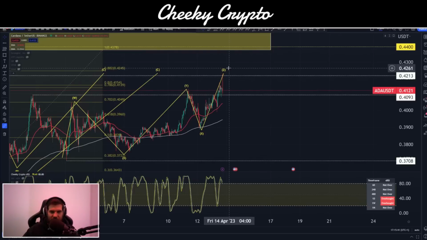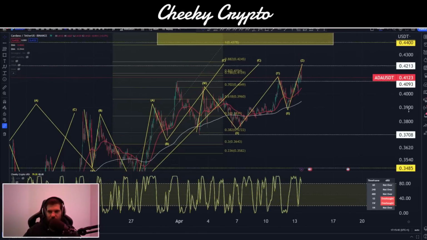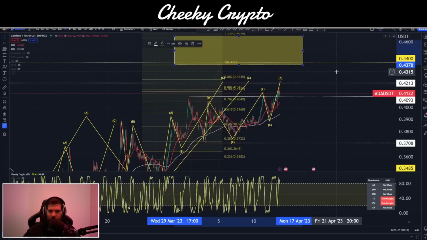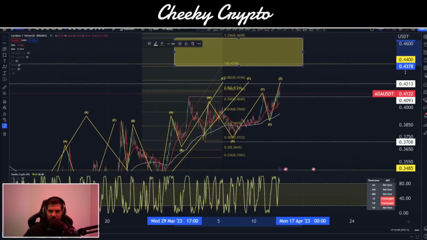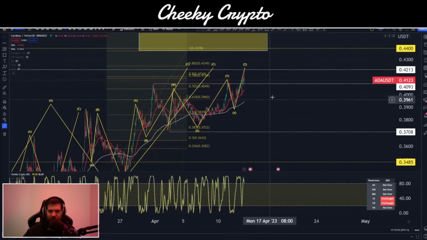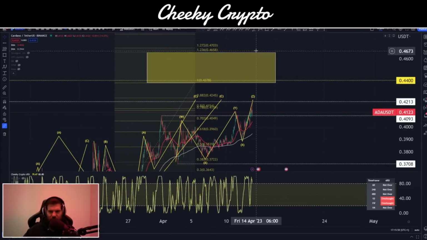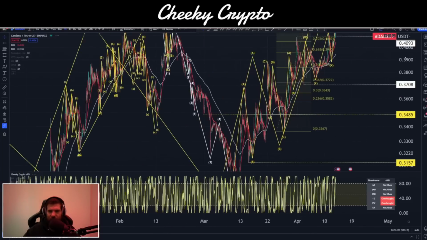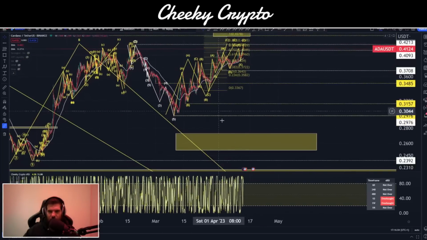I think there's very limited opportunities here now for Cardano to push up higher. It does look like it's potentially complete, just falling short of that 43.78 to 46.58. If we were to trade this one, I would probably say we could look at those short positions, but give that stop loss a little bit of room to breathe. I think the next move to the downside would be pretty severe.